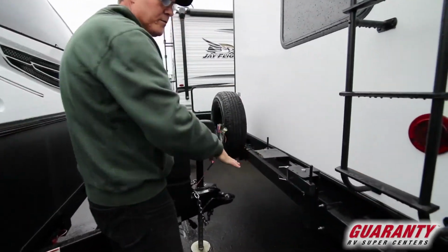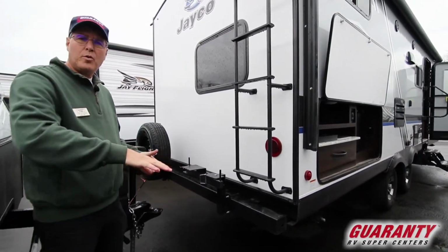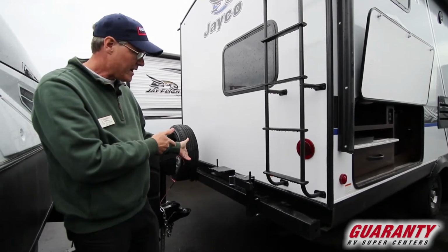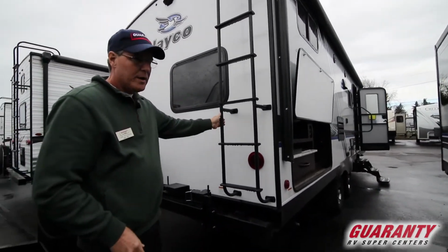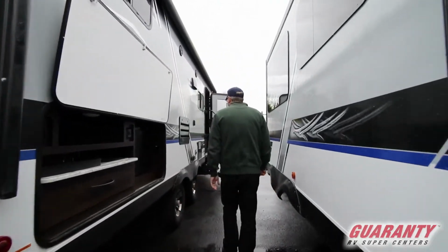This right here is part of a grill. So you actually even have another way to pull that around if you wanted to have additional cooking on the outside here. You have that, and that makes it nice. You also have your ladder for gaining access up into the roof and all that, so it does have that already professionally put on there from the factory, which is nice. As we go back around,